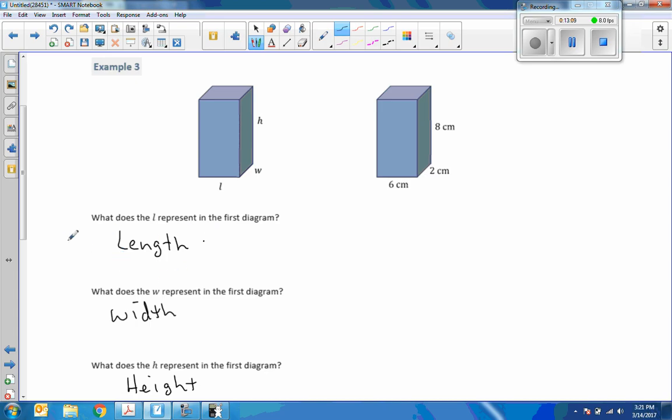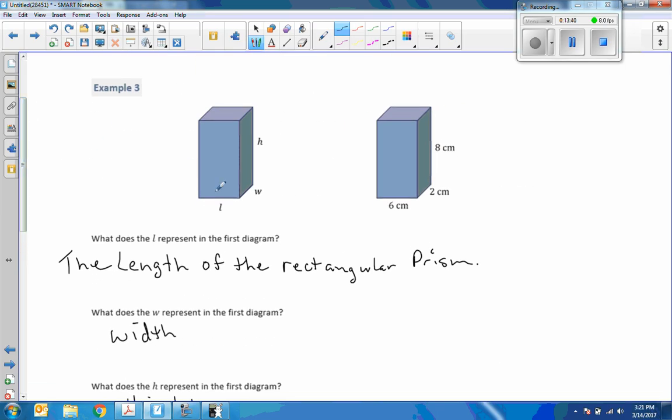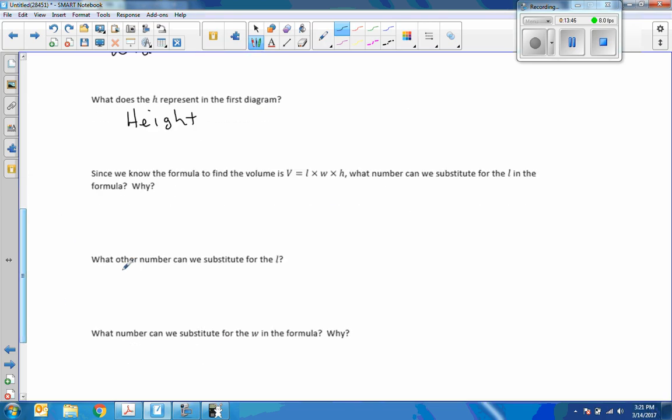And let's just say the length of the rectangular prism, the width of the rectangular prism, the height of the rectangular prism. Since we know the formula to find the volume is volume equals length times width times height, what number can we substitute for the L in the formula and why? So if I come up here, here's my L, it's in the same location as this, so we can substitute 6, so L equals 6